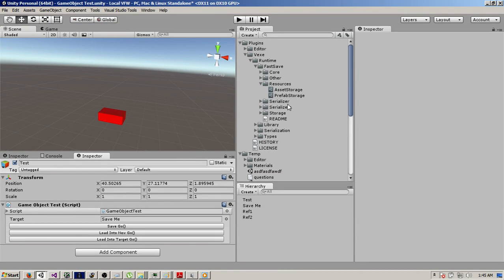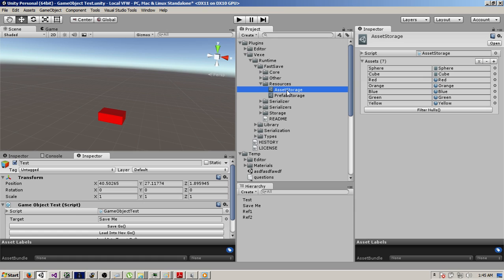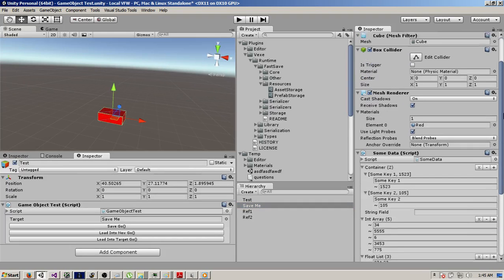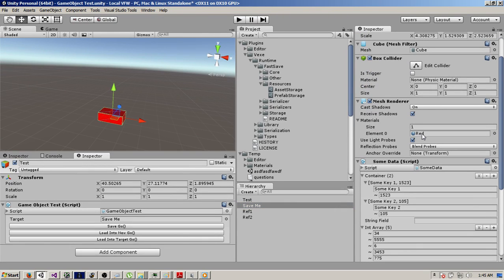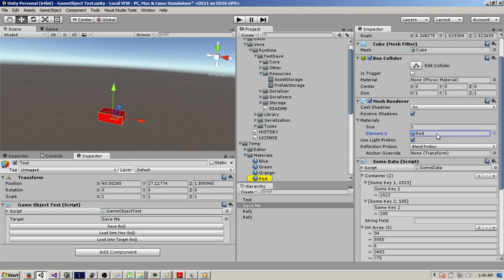So, we were talking about asset storage and materials and renderers, and basically what happens when the serializer comes across an asset that it wants to save. In this case, we're saving this mesh renderer, and it has materials, so we should serialize those materials. How does it do it? Well, it comes across this materials array and it serializes the materials array, and for each material